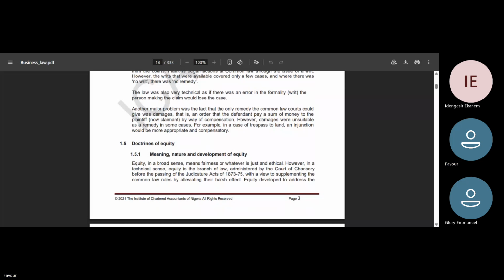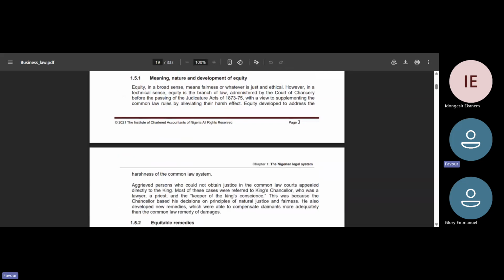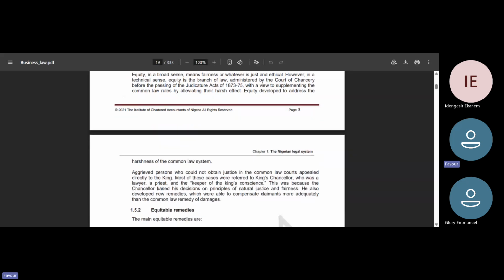So basically, the doctrine of equity is just saying you should not just follow the rule, you should try to be fair. So this set of laws were established to try to make the law fair, just, and ethical. So it was developed to address the harshness of the common law system. The doctrine of equity is a body of principle. As we all know, law is a body of principle, right? So the doctrine of equity is developed by the court to supplement